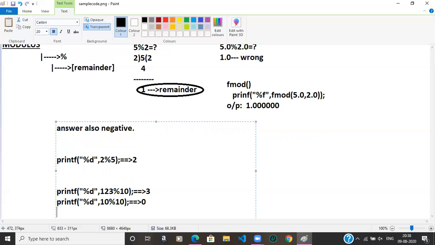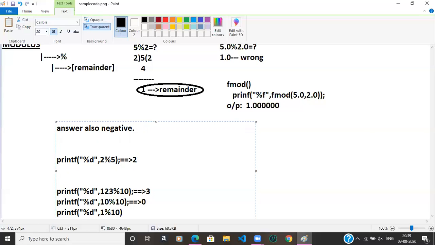For example, printf %d, comma 1 modulo 10.